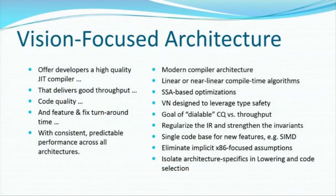So we're going to use that vision to drive how we architect this thing. We want to offer developers a high-quality JIT compiler. To do that, we really need a modern compiler architecture. We want good throughput, so we really need to have linear or at least near linear algorithms in the compiler. We want code quality, so let's actually advance to at least the 90s in terms of compiler technology,